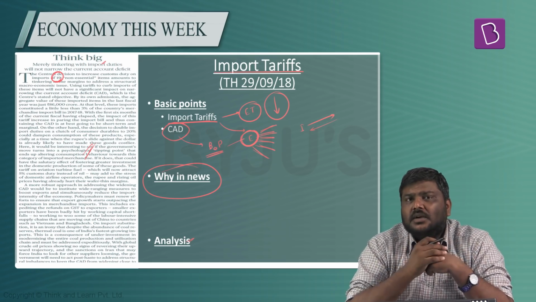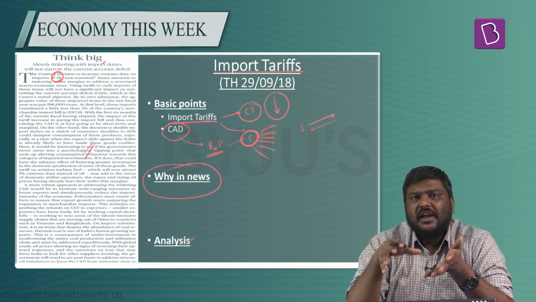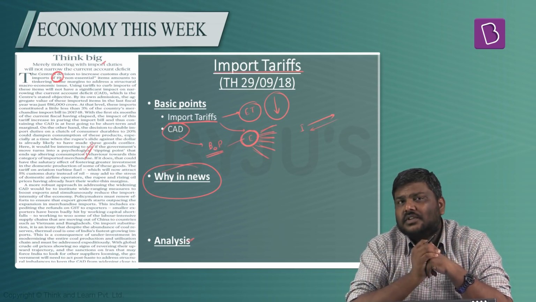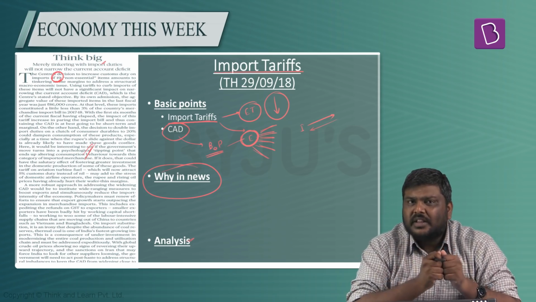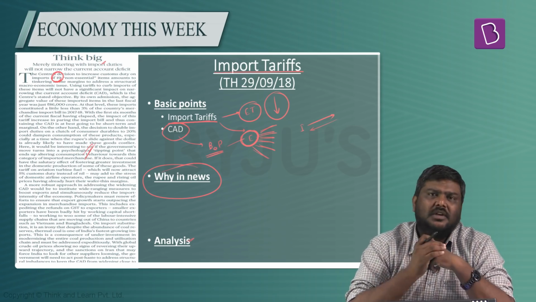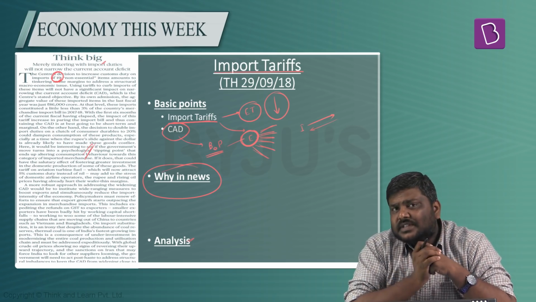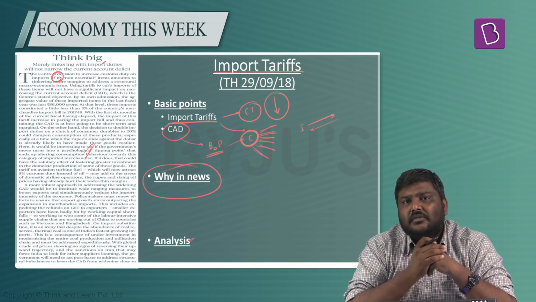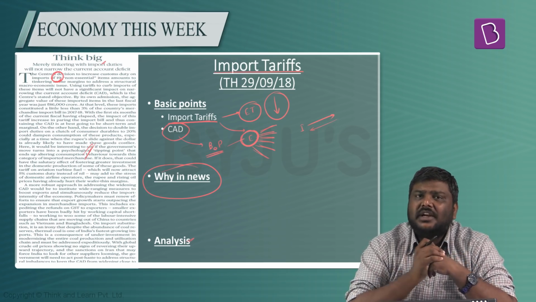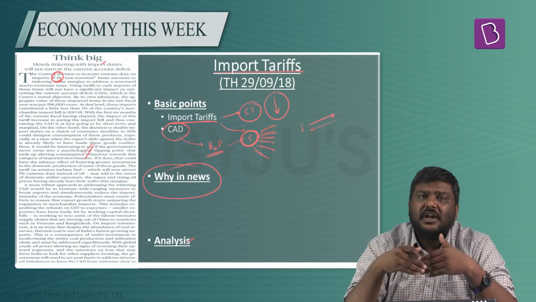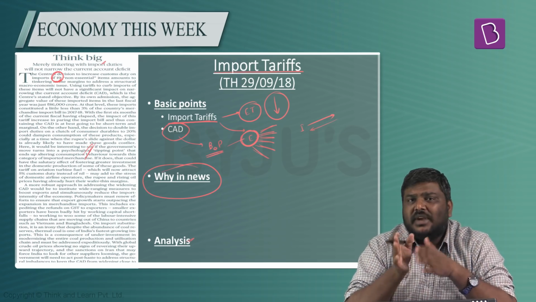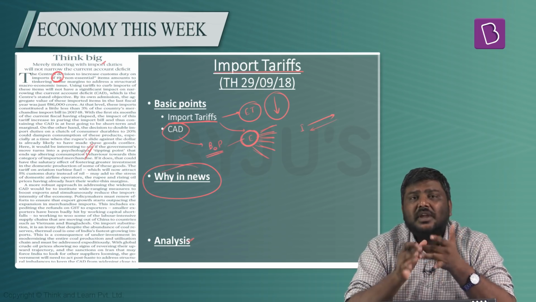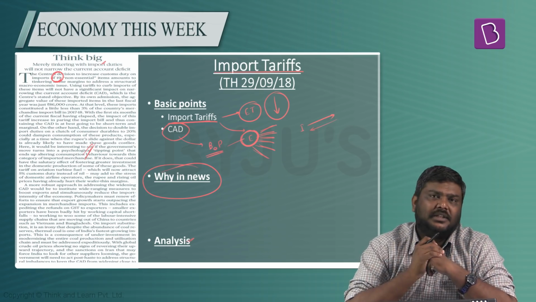One, whatever businesses are moving away from China and entering various other countries such as Bangladesh, Vietnam, and so on, we should be able to attract them because we have a huge presence of labor. Second, the manufacturing sector has not improved its performance in the last couple of months. We should promote manufacturing in India and start exporting more and more from India to the rest of the world. This would reduce the current account deficit, the trade deficit, and also bring a lot of dollars into the Indian market.